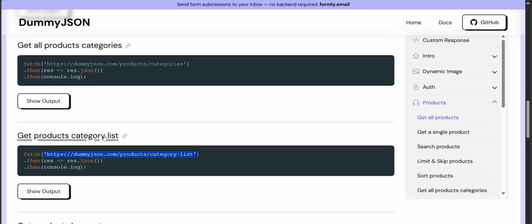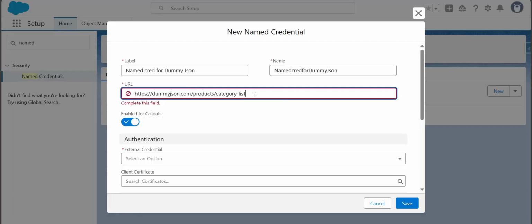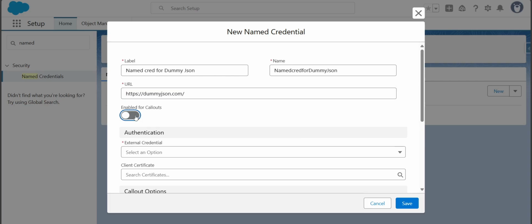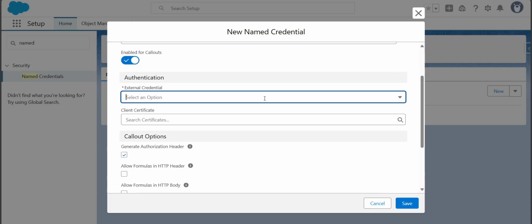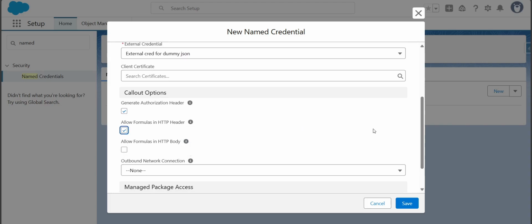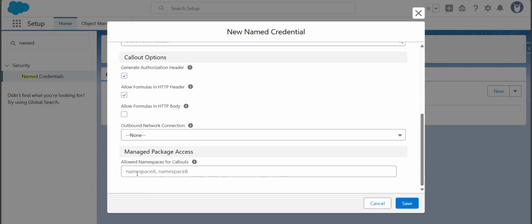And in the URL, let me provide the base URL of this dummy JSON. It should be enabled for callouts, we need to provide this external credential, and this checkbox needs to be checked. And regarding the namespace, I will show that later, so we need to provide the proper namespace access in order to access the named credential in that integration procedure. As of now I am just clicking on save,